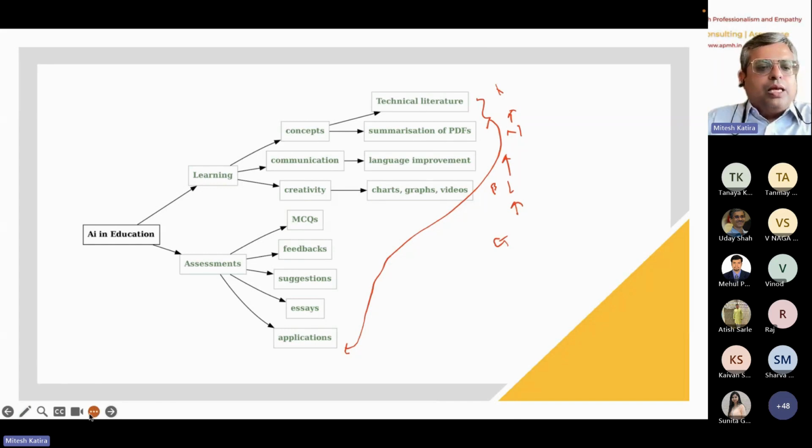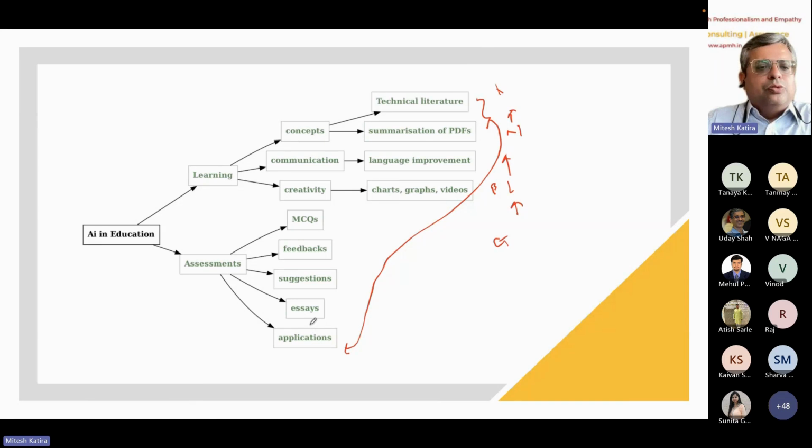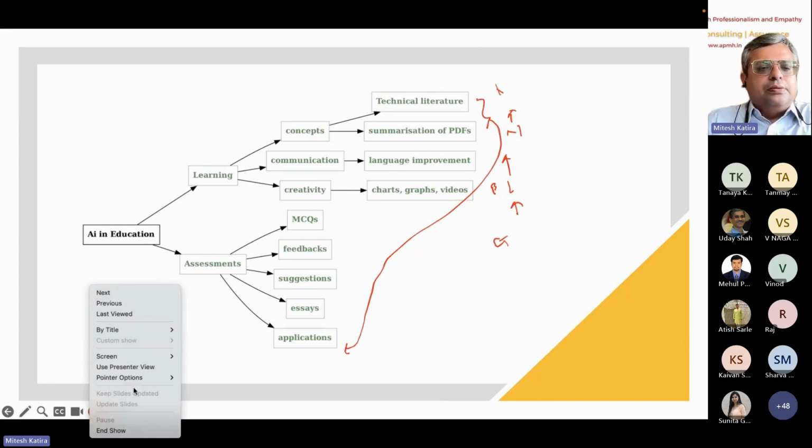Okay, so how can we actually use AI to evolve and ensure that whatever we do is actually put to use, and we are maximizing our learning curve with the help of applicativeness, right? I would like to quickly pause and ask this question: how many of you have actually used AI in your education, and what are the use cases, and which of these aspects have you touched while doing the education and used your AI skills?